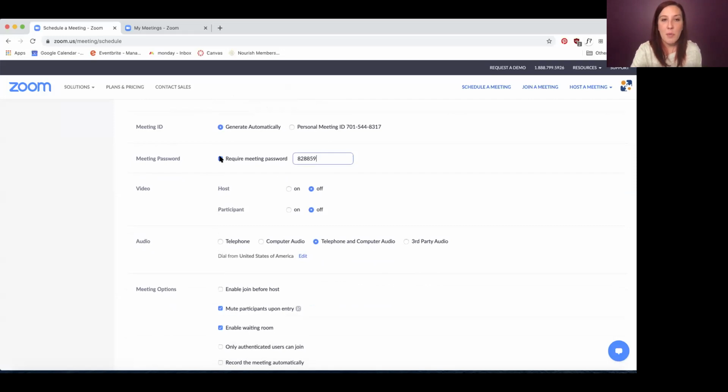And then you can also enable a meeting password. Zoom shortly will be requiring or defaulting to requiring a meeting password for all of your virtual meetings. You will have the option to change this, but it's going to default to that box being clicked as an extra security feature. So you can change your password to something that you will recognize, or you can let it set to default.